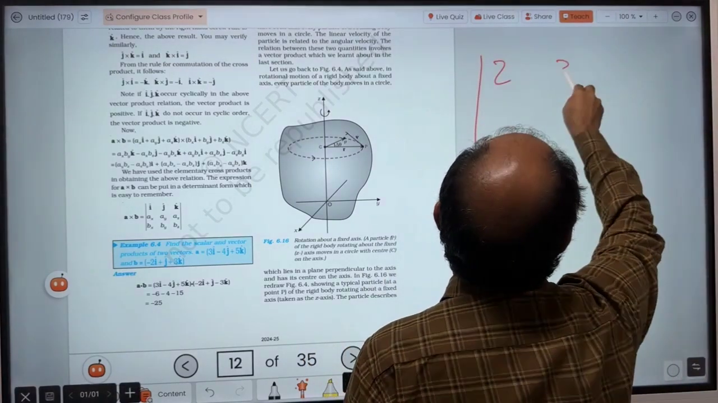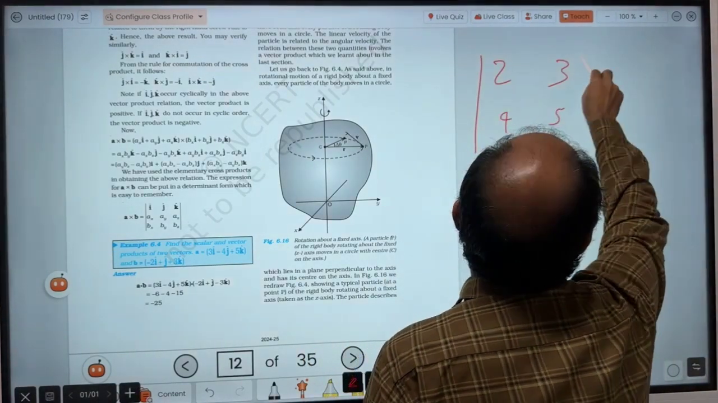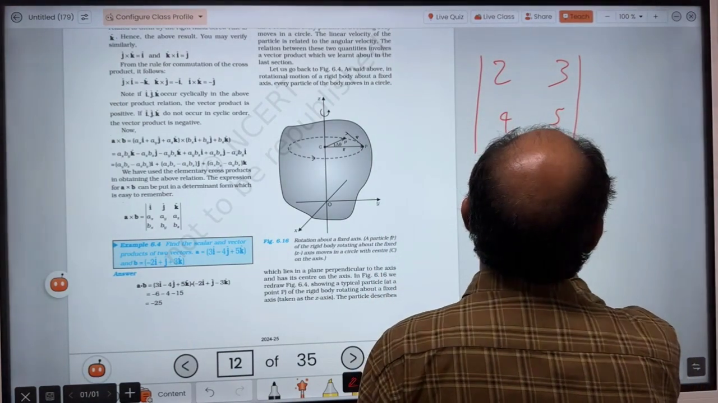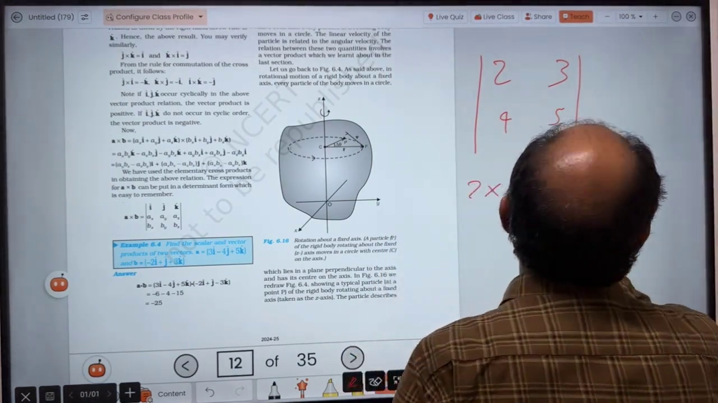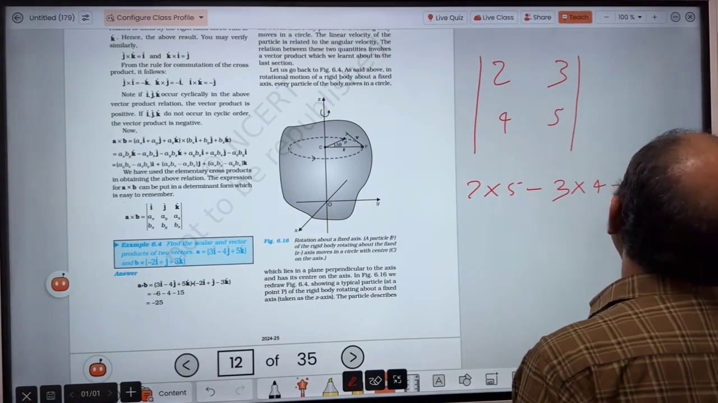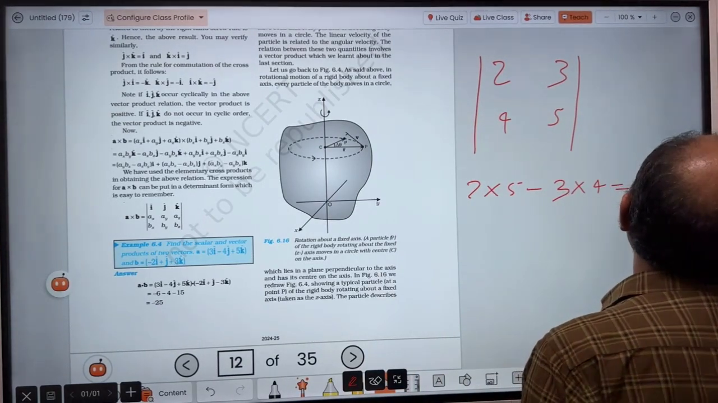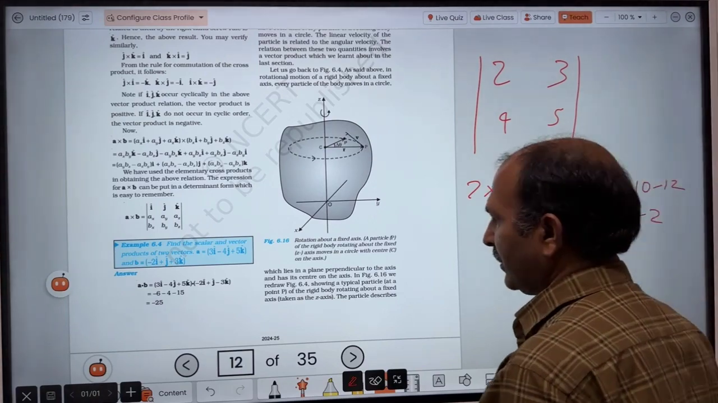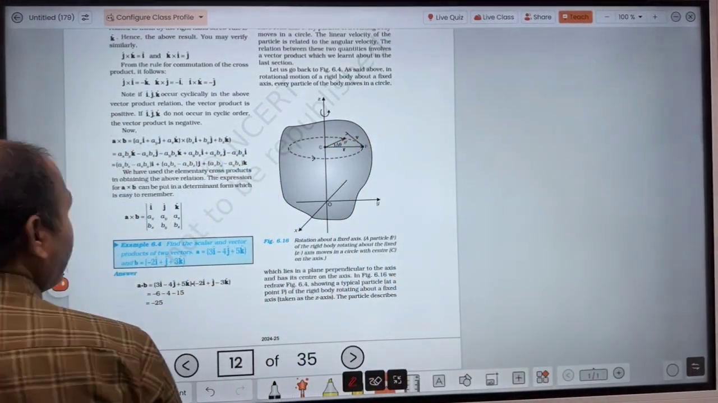this type of determinant: 2, 3, 4, 5. So what do we do? In that case, we cross multiply: 2 into 5, we put minus sign, then 3 into 4. So this will be equal to 10 minus 12, that is minus 2. So for 2 cross 2, it is very easy. Now let's see